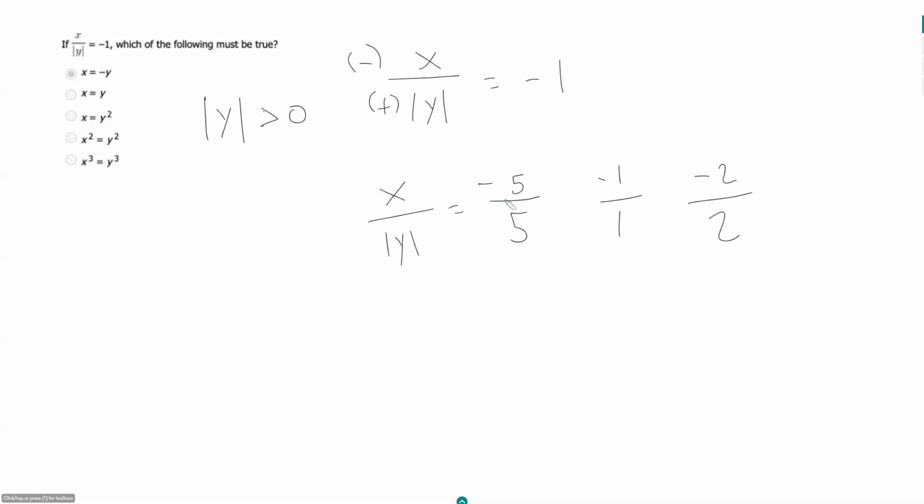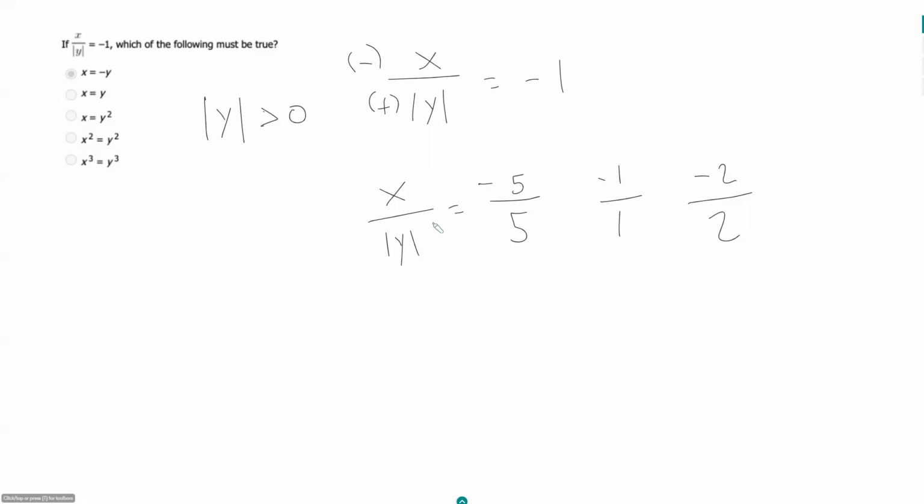And our top and bottom will be our values for x and the absolute value of y. So remember, this doesn't necessarily mean y has to be equal to 5. It could be, or y has to be equal to 1. It could be,